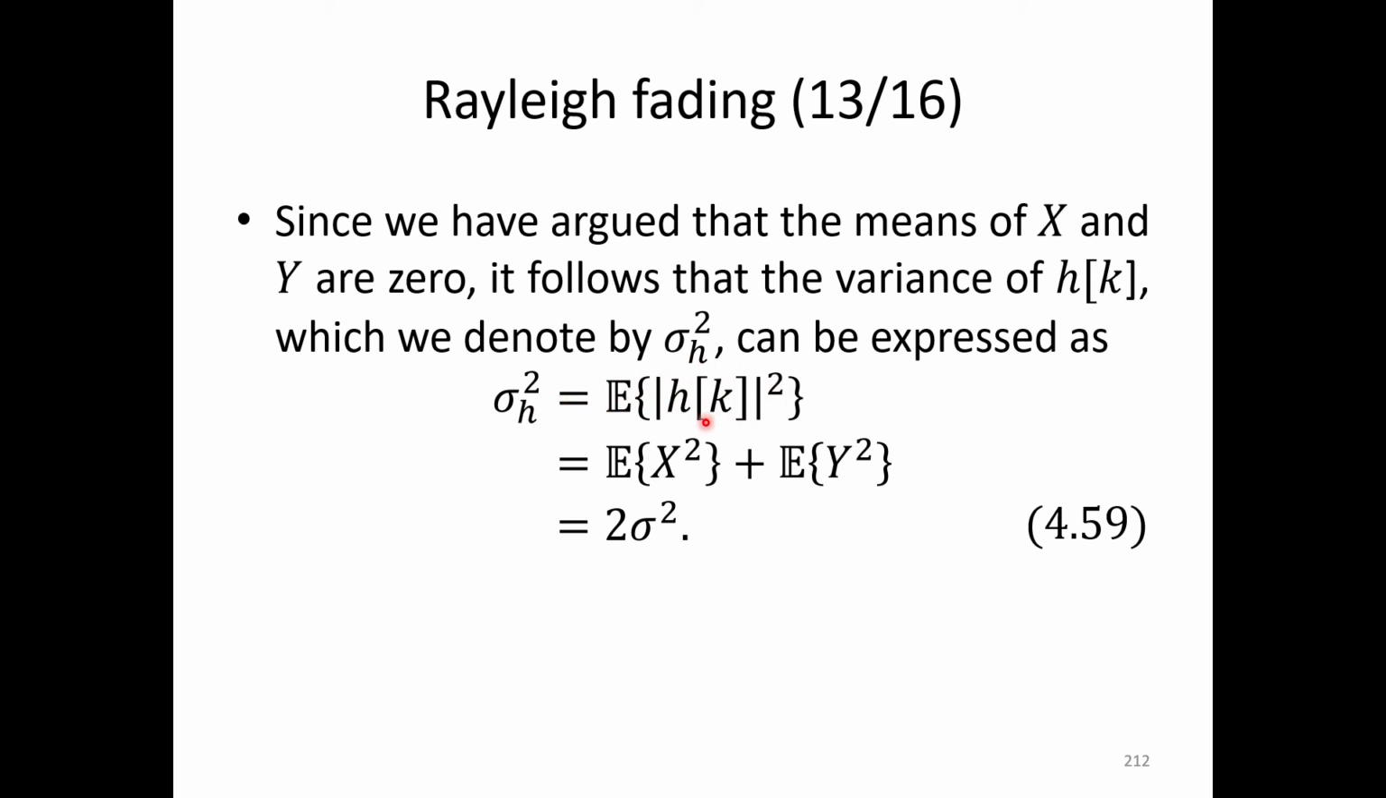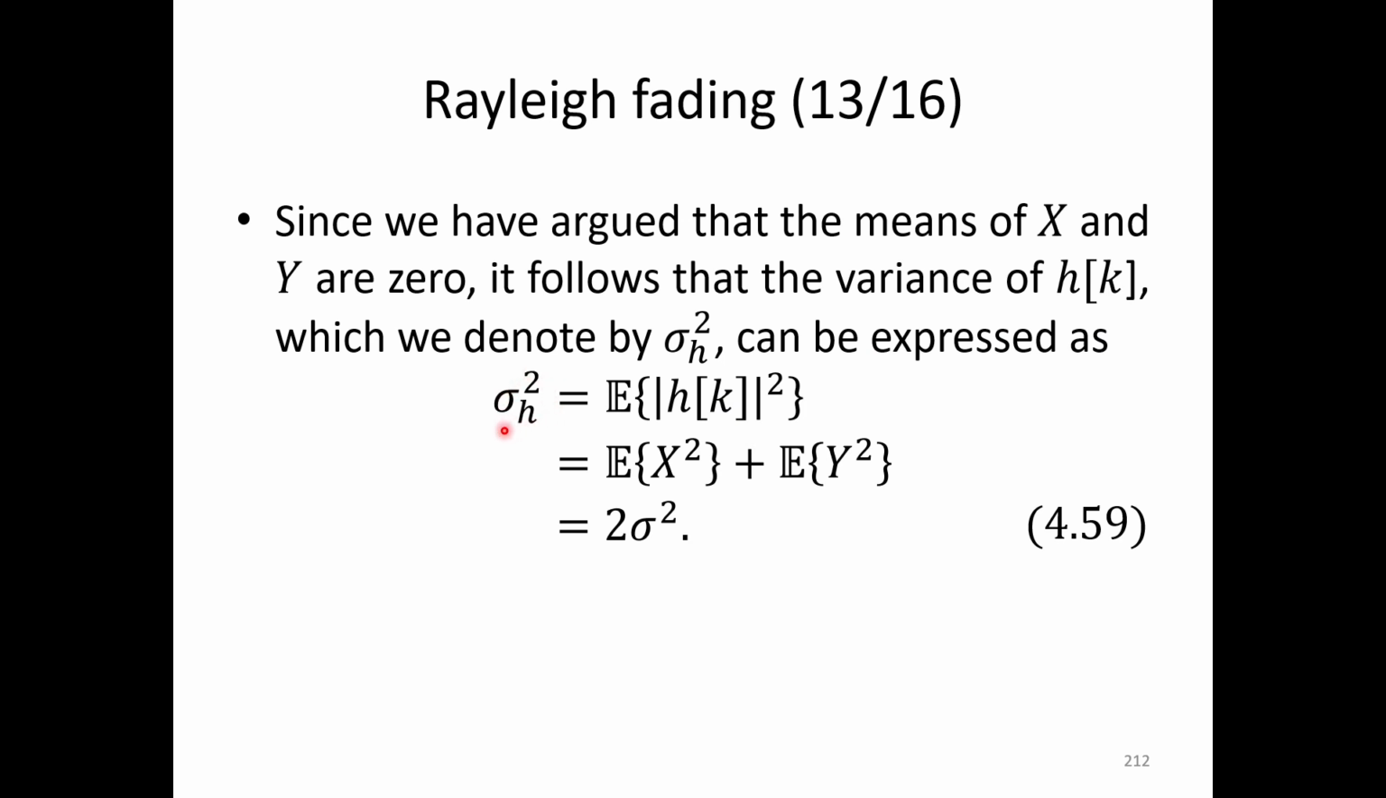Sigma h squared is equal to the expectation of square of absolute value of h of k, is equal to the expectation of x squared plus the expectation of y squared, and is equal to 2 sigma squared. 好，这个 sigma h 平方呢，就等于 h of k 的绝对值平方的期望值，那么又等于呢 x 平方的期望值加上 y 平方的期望值，就等于2倍的 sigma square。